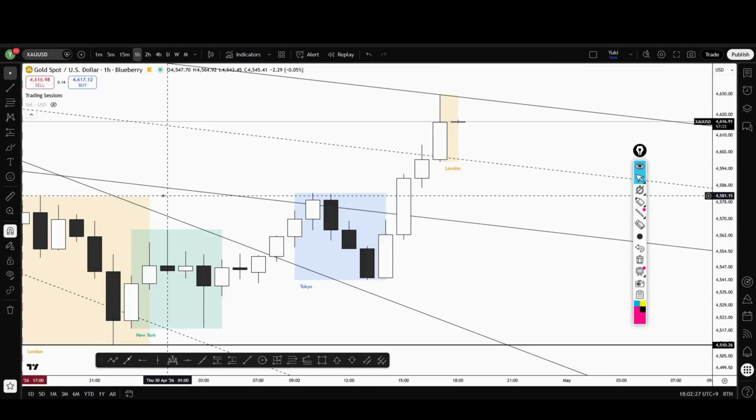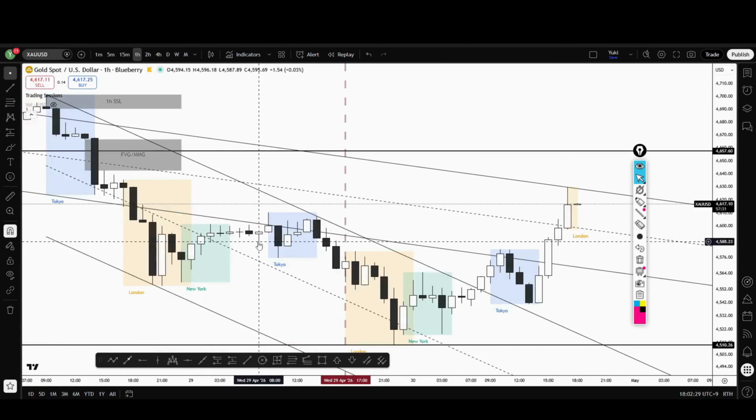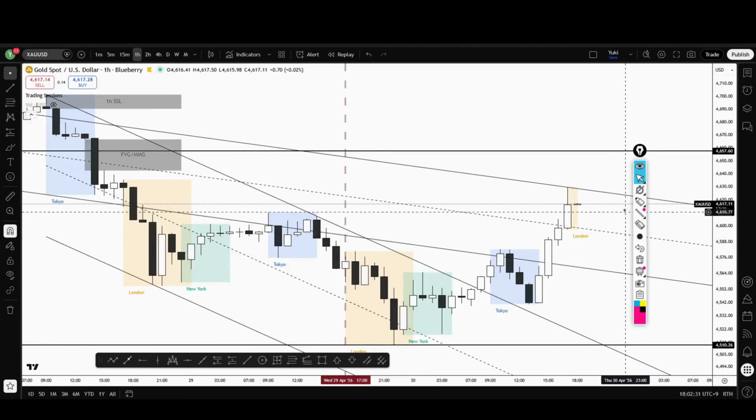Now, I would like to look at the hourly chart as well. Regarding the hourly chart, we provided this kind of analysis for our community yesterday. Since the detailed explanation is limited to community members, I can only share a brief overview of the key points. First, we were focusing on whether the recent reversal candlestick would function as a setup for a buy. If it breaks above the high with a solid body, the buy setup will be established. If the buy setup is established, I mentioned that we could test